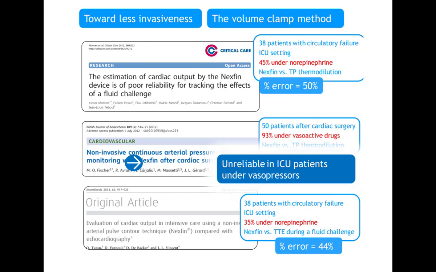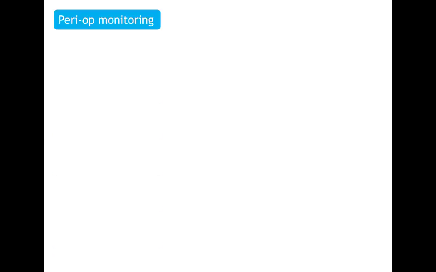The best thing is that this is not affected by arrhythmias, unlike all other arterial contour waveform analysis. It's just based on artery size, not related to the contour at all. So this somehow negates the arterial waveform contour as a problem, and even in AF it can be used pretty reliably. But in ICU patients under vasopressors, again, it's a problem. It may not be accurate.